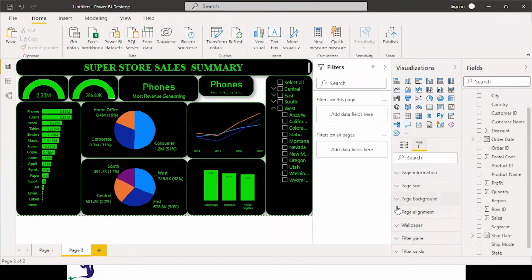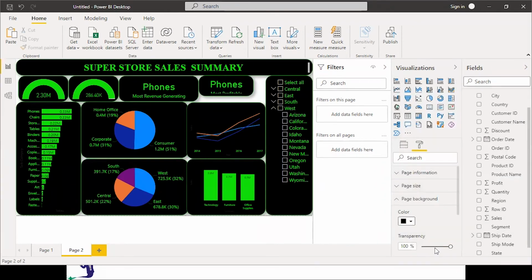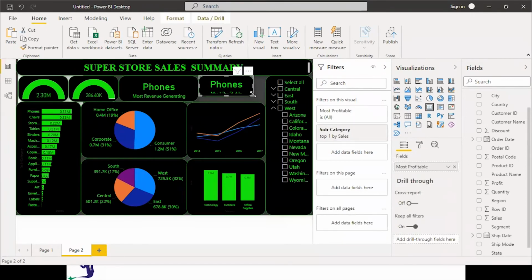So you can also set the page background, which I'm taking as black, and the transparency I can adjust something like this. So this is your report.